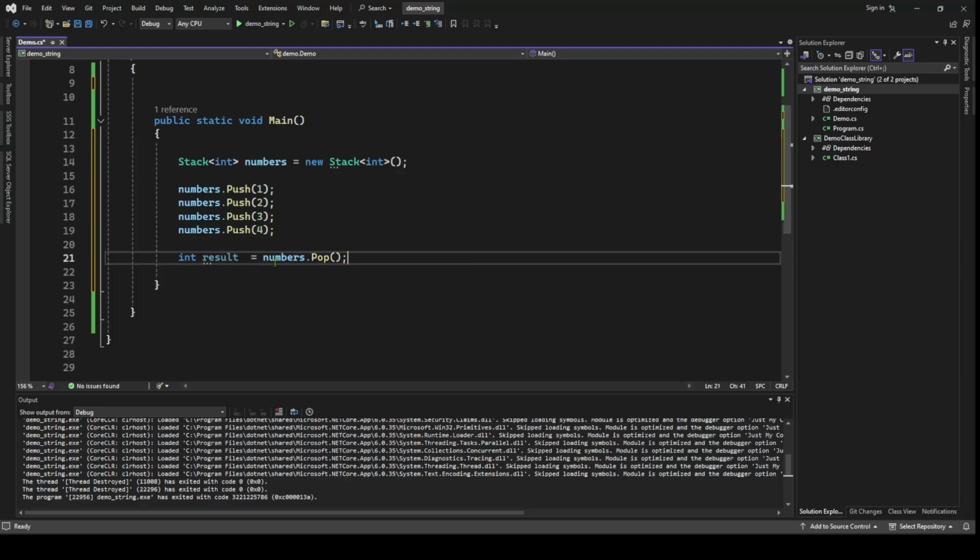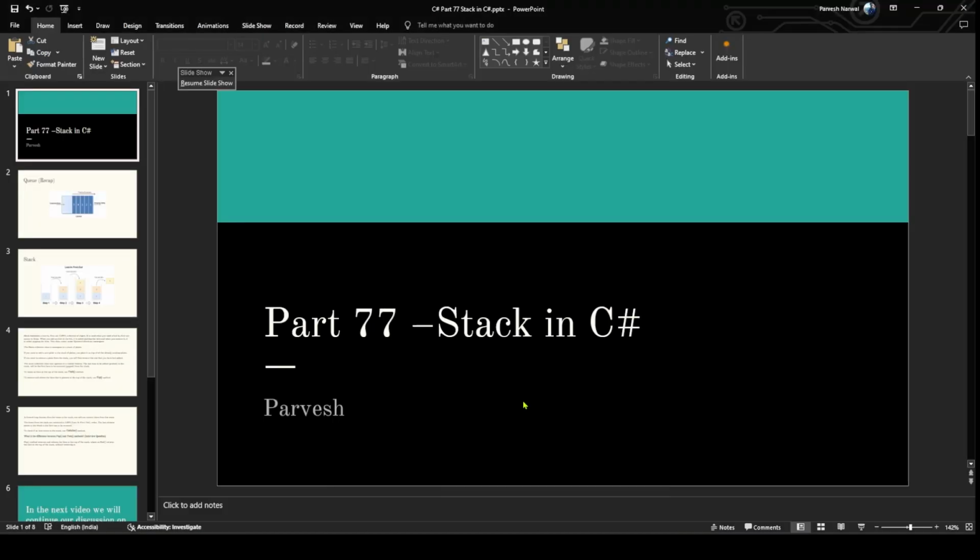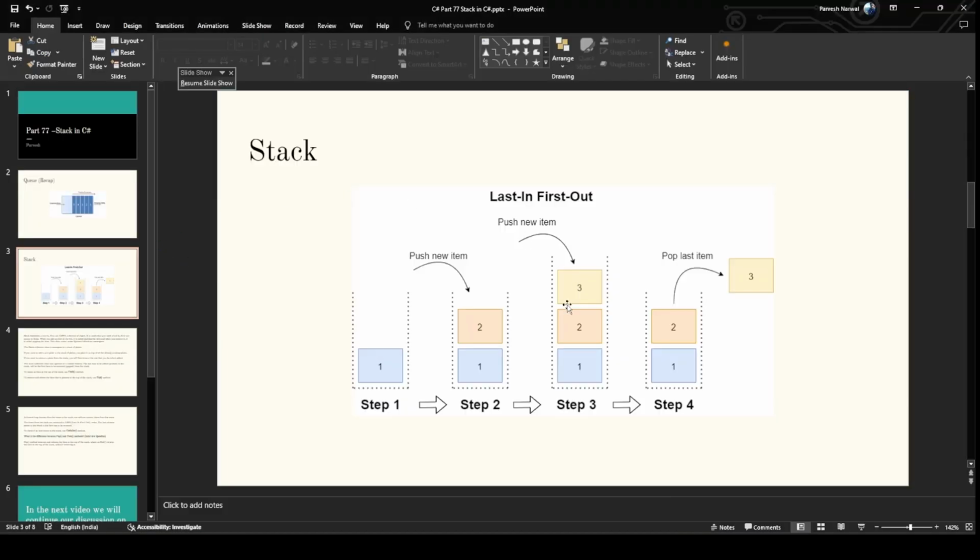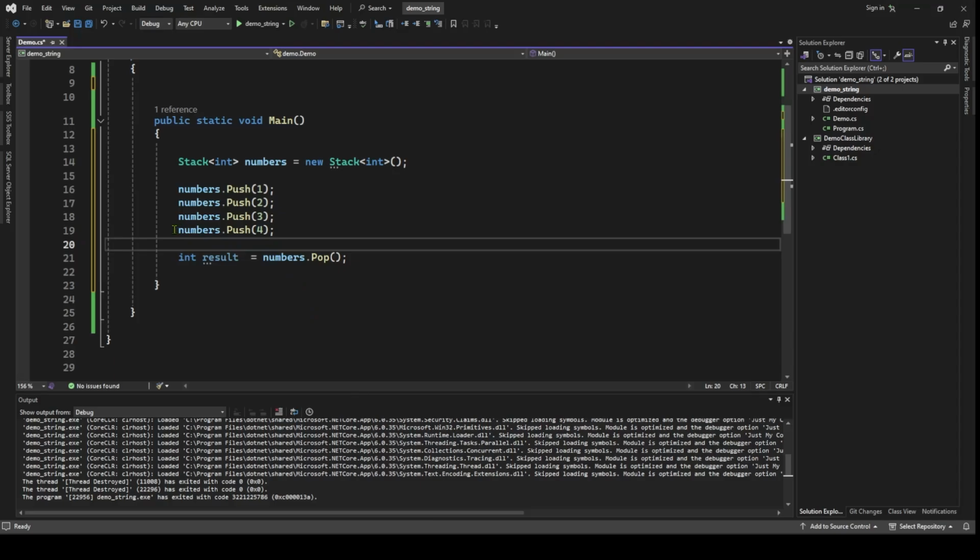Okay. So at the top, what do we have? We have 1, right? 2, 3, 4. So at the top, we will be having 4, because if you remember from this image, the items that are coming at the end will be sitting at the top. So in our example here, 4 is coming at the last, so 4 will be sitting at the top of the stack. And when we do the pop, the 4 will come out and get stored in the result